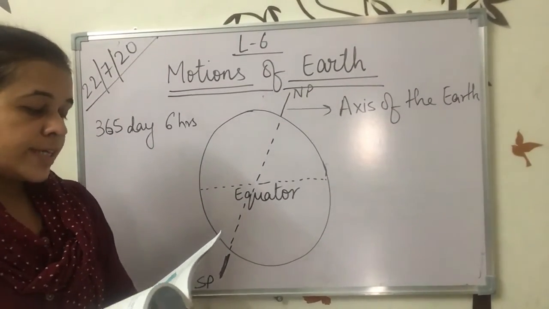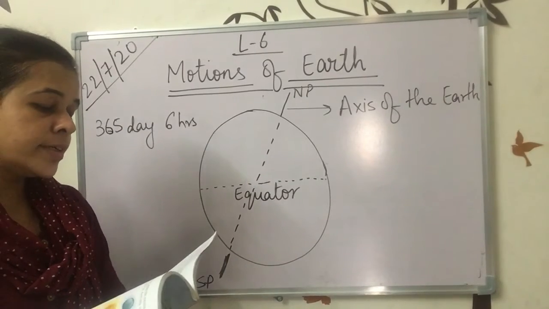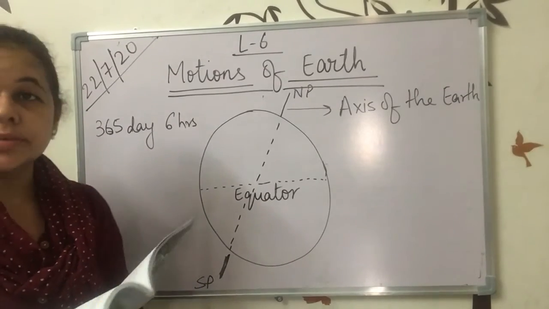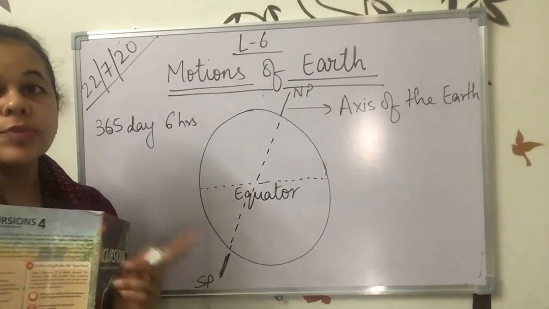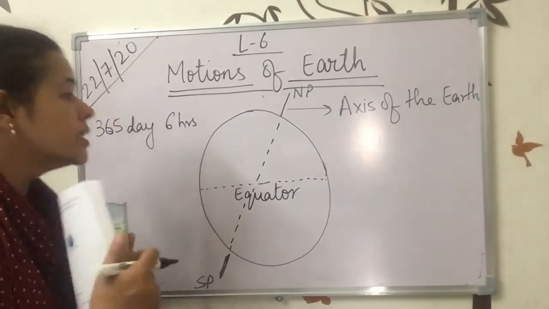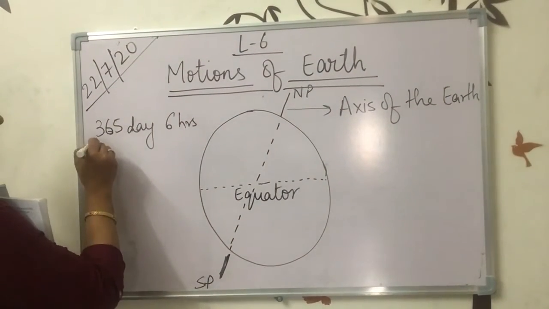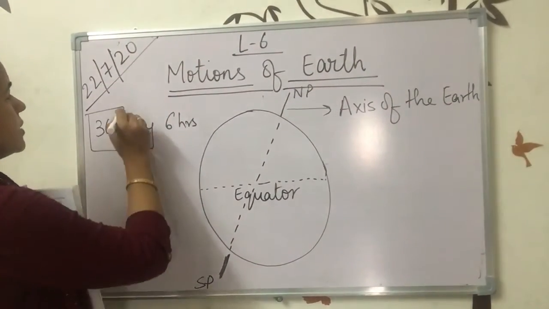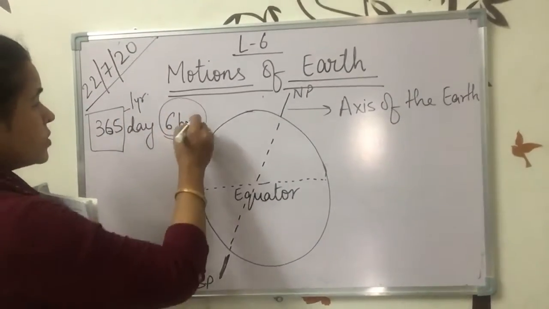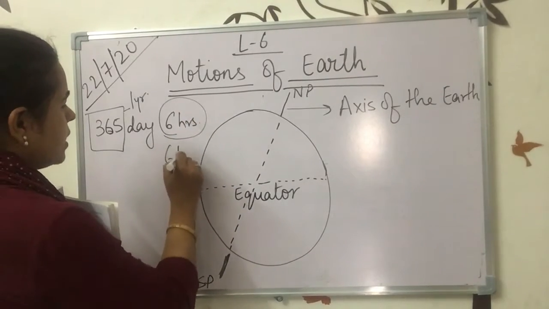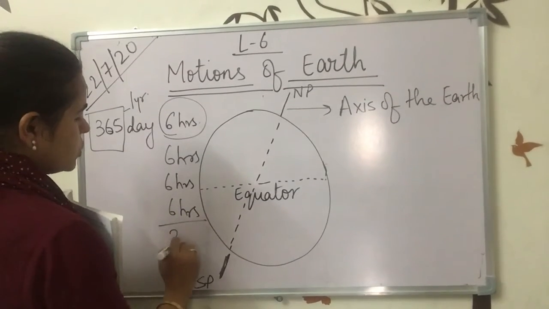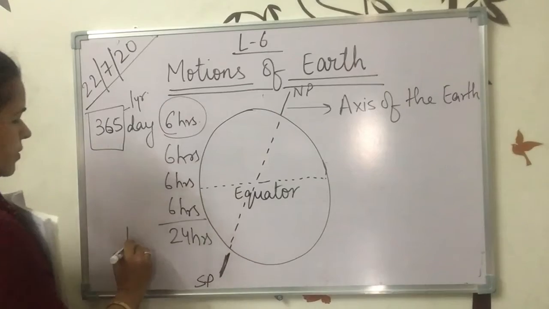A year has 365 days. The extra 6 hours per year is added for every 4 years to form an extra day in February, which makes a leap year. We have done this in our previous lesson also, when we did the Saka calendar, the Gregorian calendar and the Saka calendar. We all know that 365 days are there in a year. Now 6 hours is left. Every 4th year, 6 hours, 6 hours and 6 hours becomes 24 hours, or you can say 1 day.